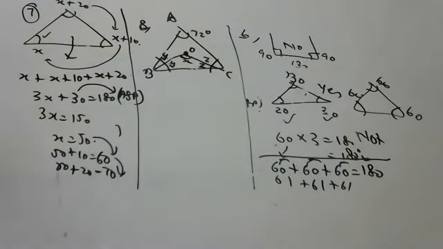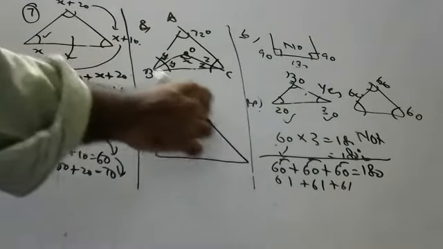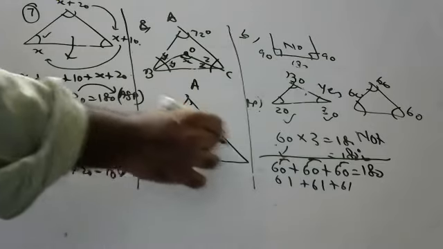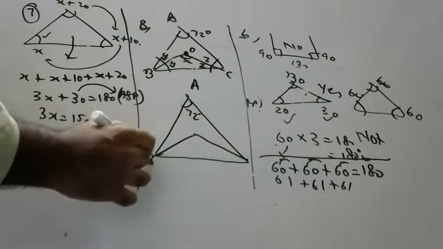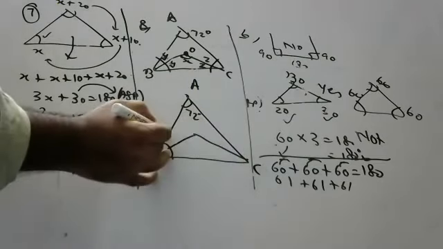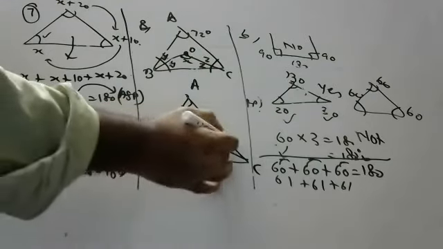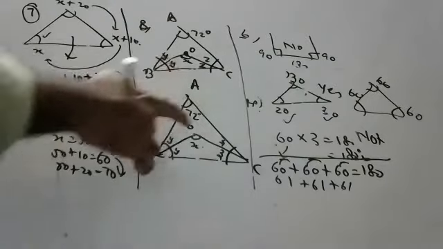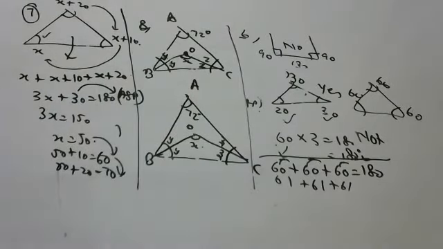Those who did not understand, again I am drawing a big figure. A is equal to 72 degrees. Children, this is a bisector. What is a bisector? It divides an angle into equal angles. This is y, this is also y. If this is z, this is also z, children. And he's asking how much is x, how much is angle BOC. Both BO and CO are angle bisectors.